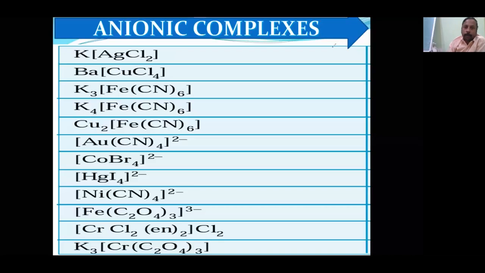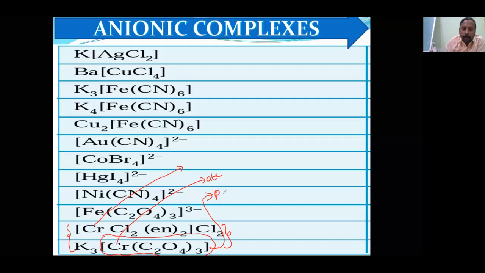Okay, now I am writing the next one. For differentiating only, I have written both of them together. Understood? And this name I am writing clearly. Now see here, this square bracket is on the right hand side. Right hand side or negative charge, that metal you should write with ATE. Here you need not write ATE with chromium. Here you will write ATE because the square bracket is on the right hand side. Understood? Now potassium 3, potassium is there on the left hand side. Should I write tri? No, outside the square bracket, whether it is 10 or 1, you write only the name.